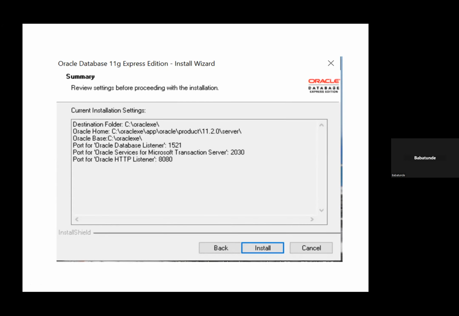So you can see, this is what it's doing. It's telling you the destination. The destination is, remember I chose C drive. It's telling me my Oracle home, where I'm going to put the Oracle into. To interpret in very simple English, it's saying the Oracle home, meaning Oracle base, is where I'm going to put the Oracle. You see, it's saying this is where I'm going to put it, from all these products, into this service. So I'm going to put it in this location. Then if you look at it further, it says,